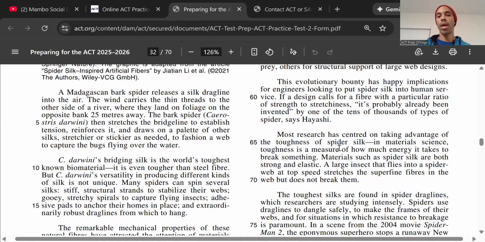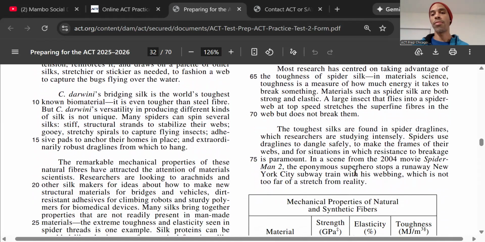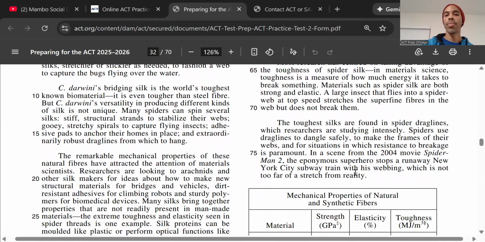Most research has centered on taking advantage of the toughness of spider silk. In material science, toughness is a measure of how much energy it takes to break something. Materials such as spider silk are both strong and elastic. A large insect that flies into a spider web at top speed stretches the superfine fibers in the web but does not break them. The toughest silks are found in spider drag lines, which researchers are studying intensely. Spiders use drag lines to dangle safely, to make frames of their webs, and for situations in which resistance to